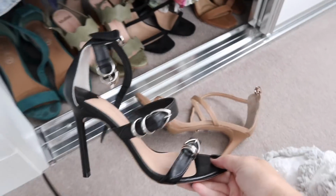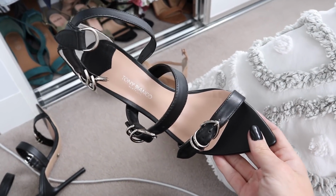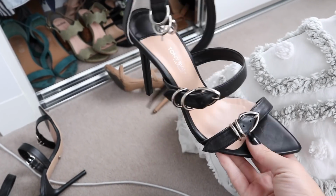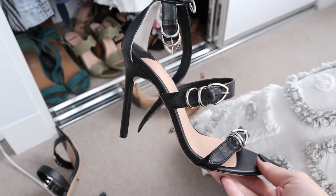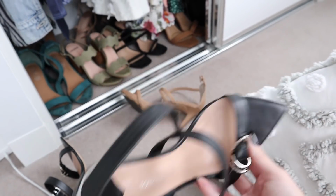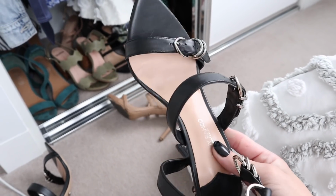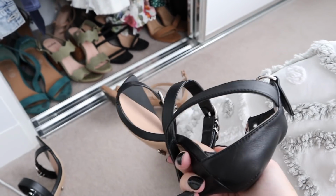I have my new shoes. There is a bit of a story behind these shoes. So these are from Tony Bianco and I tried them on in store in Maya about 2 years ago and I fell in love with them, but I didn't buy them because I didn't really have a reason to get them and I was trying to be well behaved. And then the other night I was laying in bed and I was thinking about pointy-toed shoes and these popped into my mind. So I grabbed out the laptop and it was like 11:30 at night, so I just started